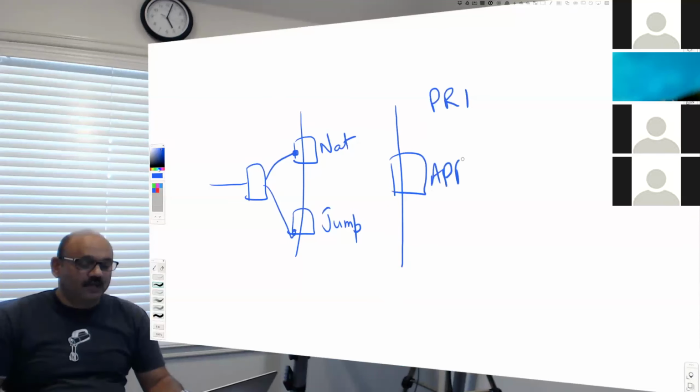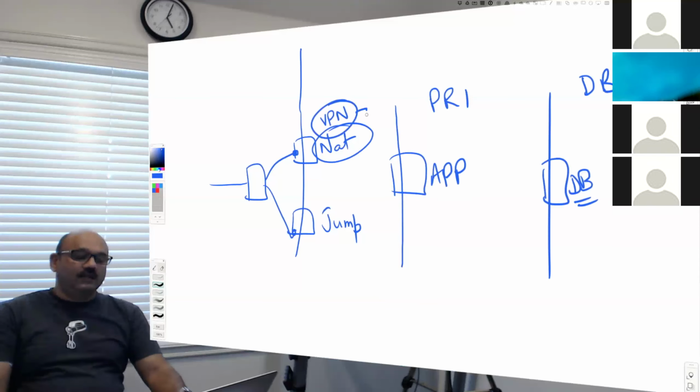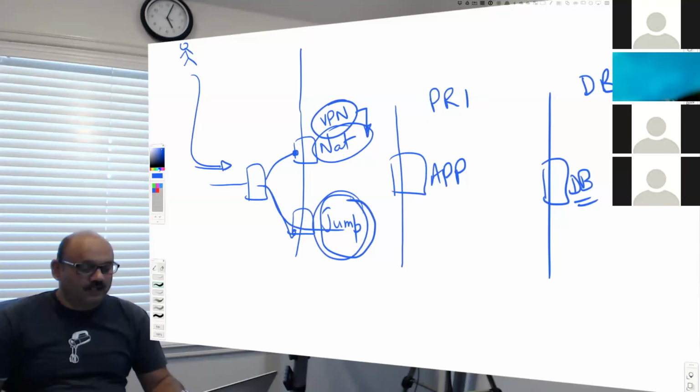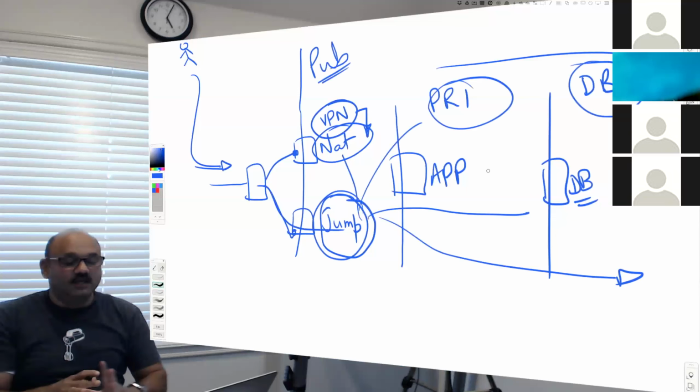This is our application server. In another subnet, we can have a database subnet, and we have database boxes here, DB boxes here. On the NAT device, we might have some kind of a VPN setup already inside. This part I don't think we did, but we did set up a method to connect from outside, from our office locations, to be able to go in through the jump box and connect to any machine that we feel like on any subnet, whether it is a private subnet like these or a public subnet like this. We were able to traverse through, connect to any machine, and have our application deployed.